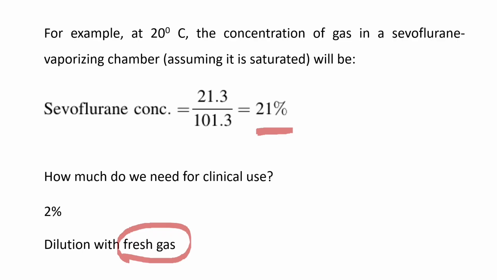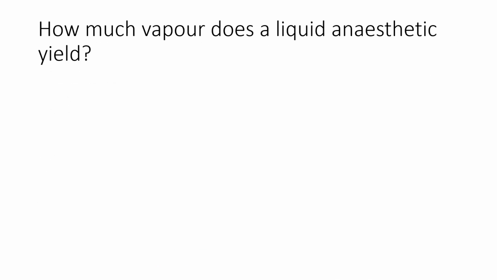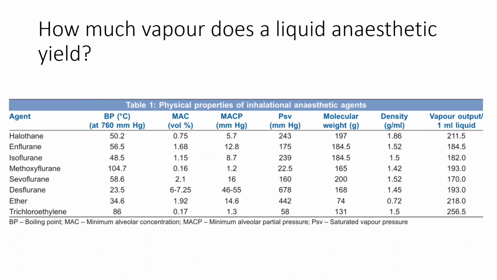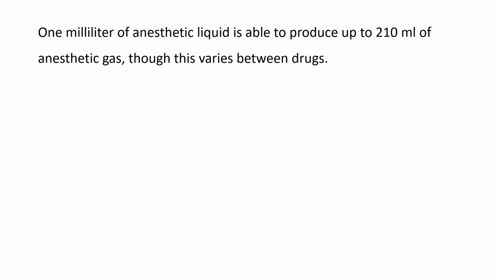Now, how much vapor does a liquid anesthetic yield? Can we calculate it? The formula is given by: vapor output of 1 ml of liquid agent is equal to 22,400 multiplied by density divided by molecular weight. As we can see in this table, we have the vapor output calculated for various liquid anesthetic agents. Now, 1 milliliter of anesthetic liquid is able to produce up to 210 ml of anesthetic gas, though this varies